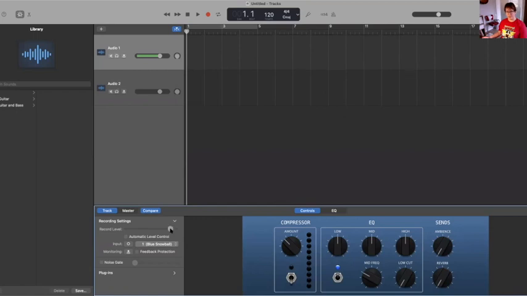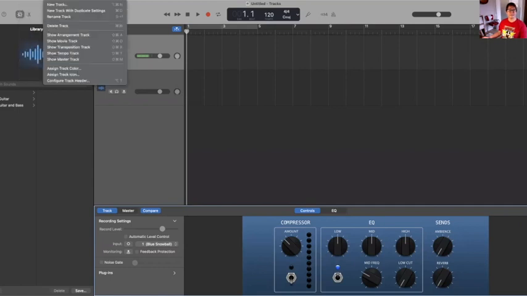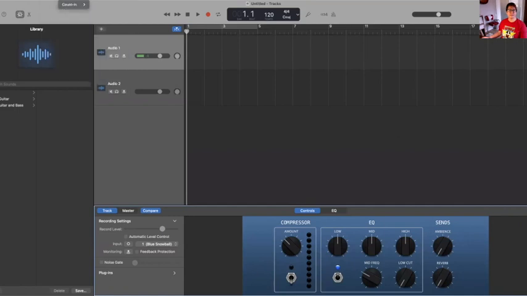Recording level, I will tell you, I always put it a little ways down from maximum so nothing maxes out in the equalizing of your sound. And then I also will go to, let's see, we are going to,